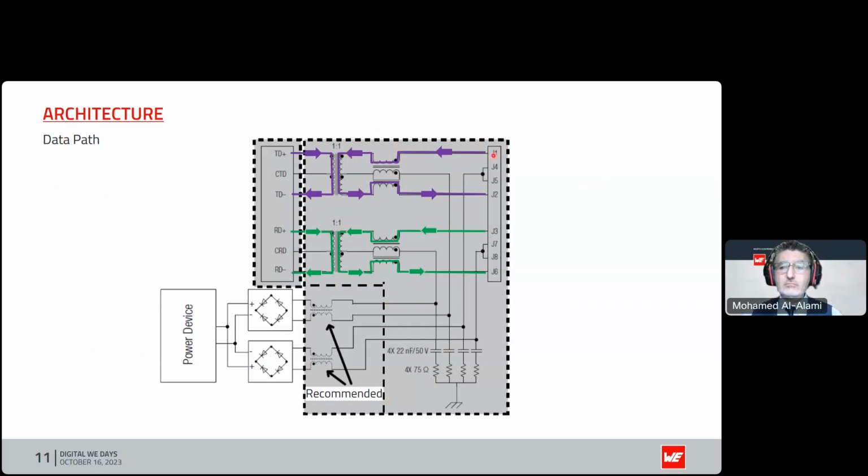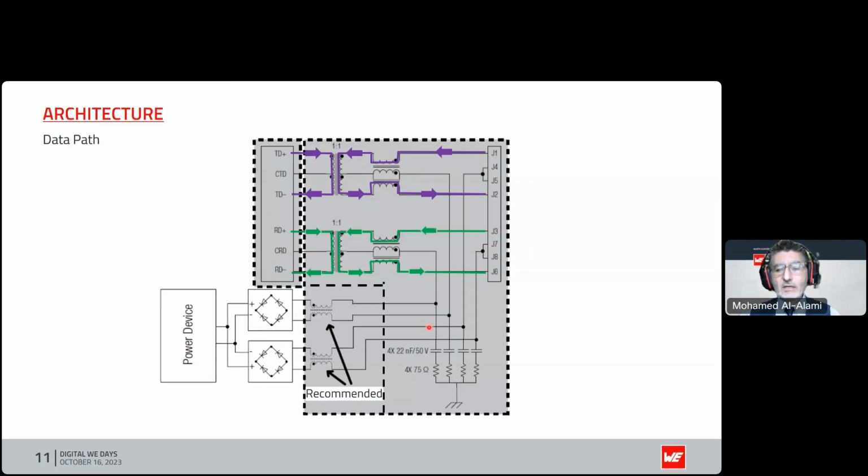So the data very simply goes through the two pairs, comes through the trifilar common mode choke, and note this is a trifilar, this is important, goes through the transformer onto the secondary side, and then ultimately onto the PHY internal to the PD. So that's the data transferred through on one pair, the data transferred through on the second pair, transmit and receive. It can also happen over the other two pairs if it's a 1G or a 10GBase-T.